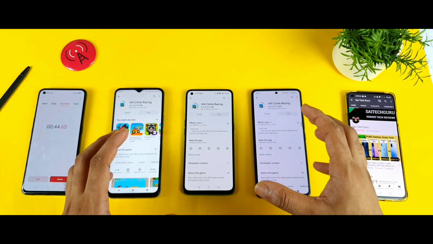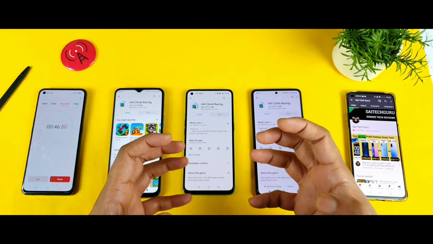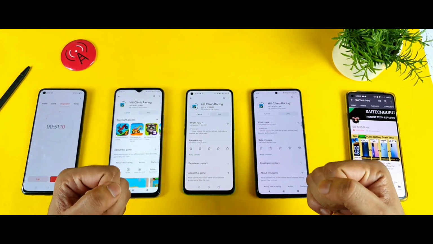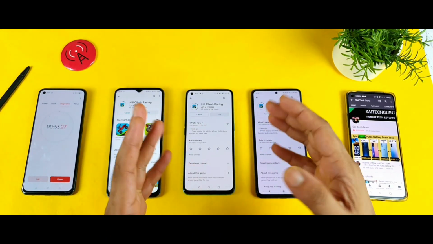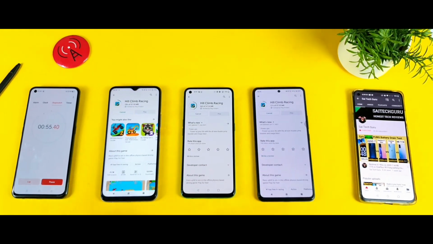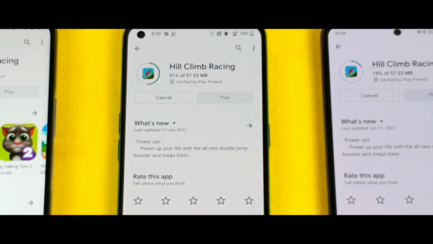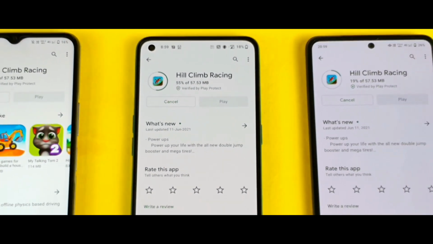In this way, we'll get to know which phone can actually take most of the network, most of the data. That is what I'm trying to see right now. And on 4G Plus, obviously this phone is collecting most of the data right now, and the speeds are close to, as you can see, 50 Mbps. Also, 51% is finished.